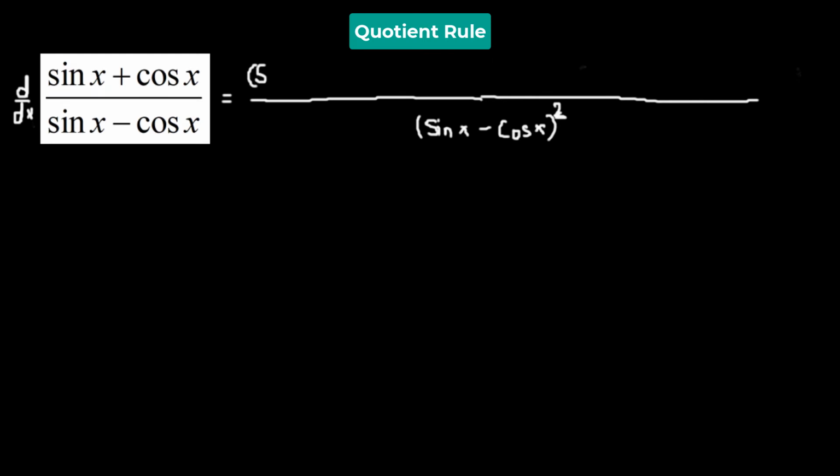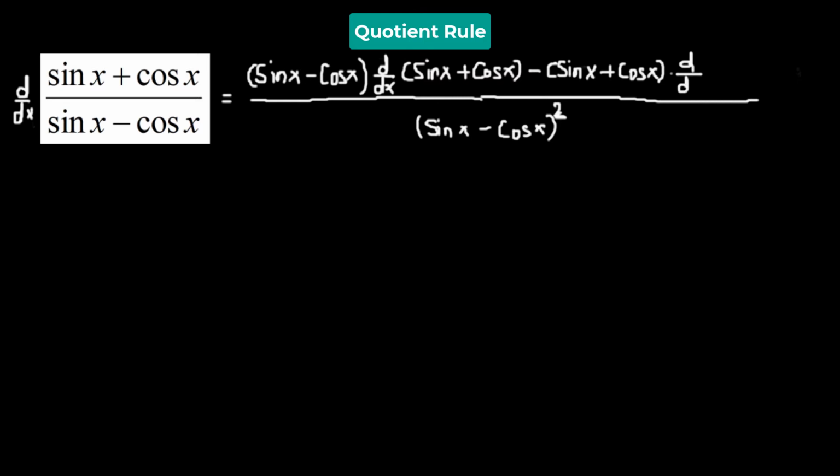Now we begin with the function in the denominator, sine of x minus cosine of x, and multiply it to the derivative of the function in the numerator, which is sine x plus cosine x, minus sine x plus cosine x multiplied to the derivative of sine x minus cosine x. So that will give us sine x minus cosine x